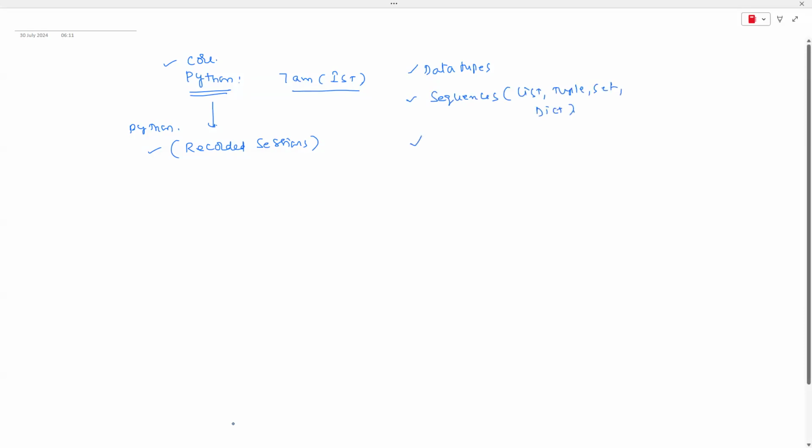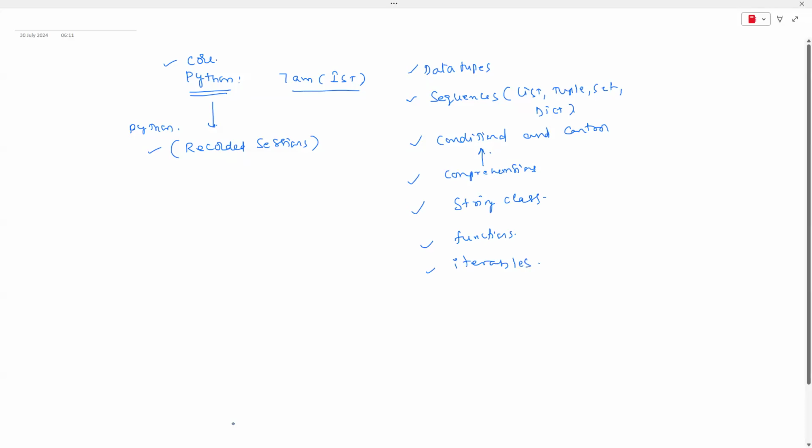And apart from that, how to write conditional and control statements. This is common in any language. And apart from that, a little bit of the concept of comprehensions. Comprehensions are nothing but a short form of writing the conditional control statements. A little bit of discussion about the string class and the functions concept, how to create our own user-defined functions, and apart from that, iterables.